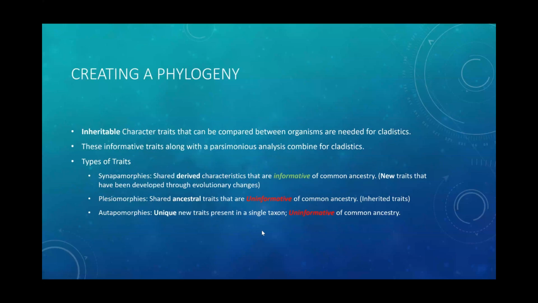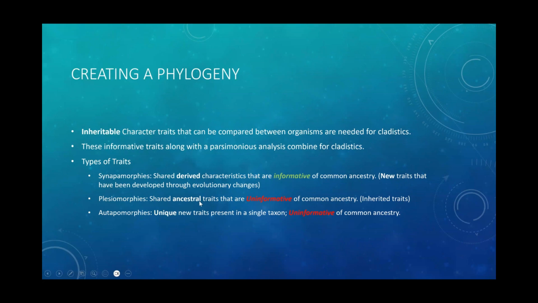When creating a phylogeny, you must have inheritable character traits that can be compared between organisms, and then those inheritable traits are used with parsimonious analysis to make cladistics. There are 3 types of traits we'll look at: synapomorphies, which are shared derived characteristics, and they are informative of common ancestry of organisms;